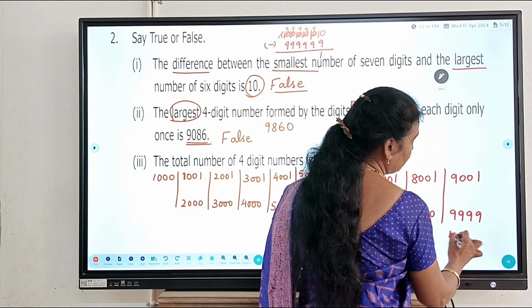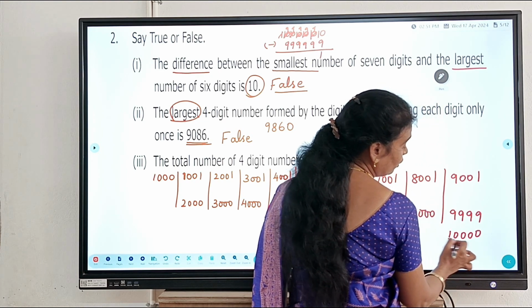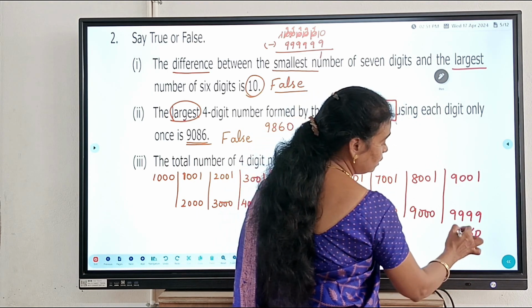Here we can't write 10,000, because 10,000 consists of 5 digits, so this should not